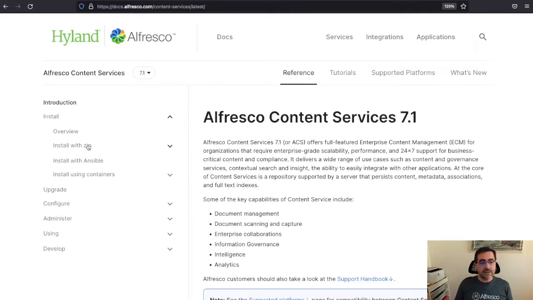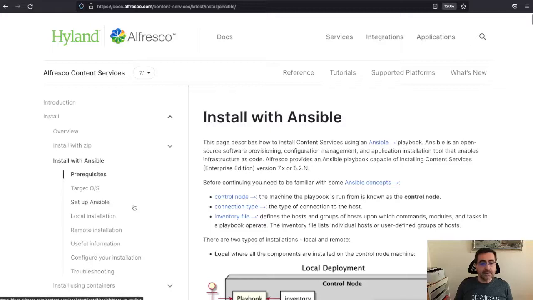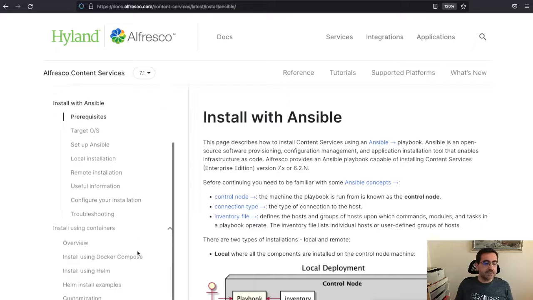The first one is installing with zip files, so you can install your own Tomcat and all the infrastructure, and then deploy the different Alfresco services manually. You can also do that with Ansible. So we have an Ansible method that allows you to deploy Alfresco on-premise by using these zip distribution files. And the last option is to use